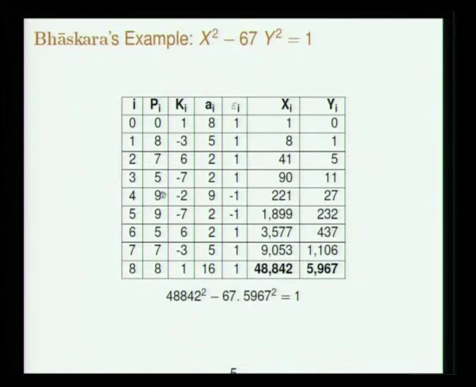So to 5 you have to add a p i plus 1 such that the sum is divisible by 7. Possibilities are 2, 9 and 16. Amongst them 9 has the square closest to 67. So you put 9, then 9 squared minus 67 divided by minus 7 is minus 2. So you have reached the kshepa of minus 2. You can do bhavana. At this point 221 squared minus 67 into 27 squared is minus 2. You do the bhavana with 221 and 27, and you obtain the final solution: 48842 squared minus 67 into 5967 squared is equal to 1.